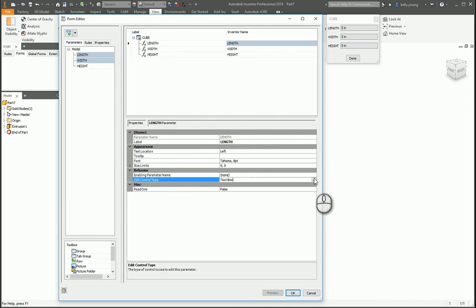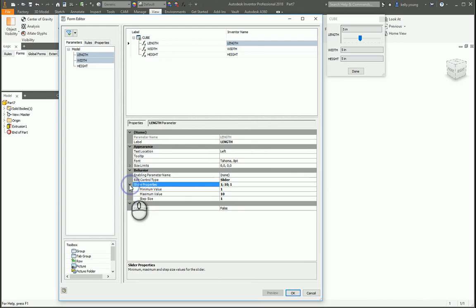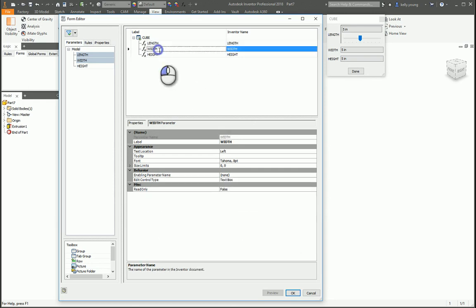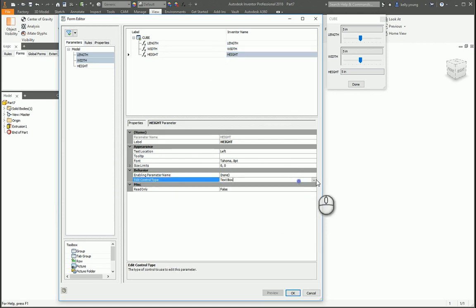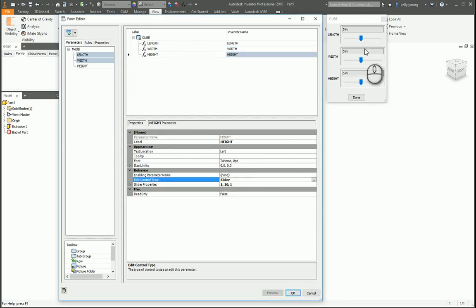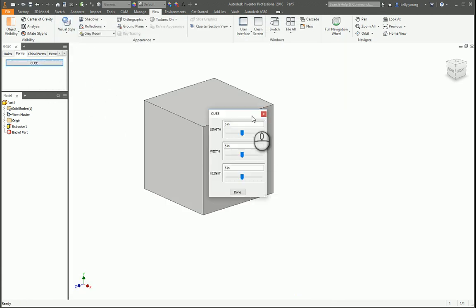Control type. Change that to a slider. Then slider properties, make that bigger. Maximum size 10, minimum size 1, step size, okay. So we can do that for each of them. And you can see it changing over here. Click OK. So then when you bring up your cube,